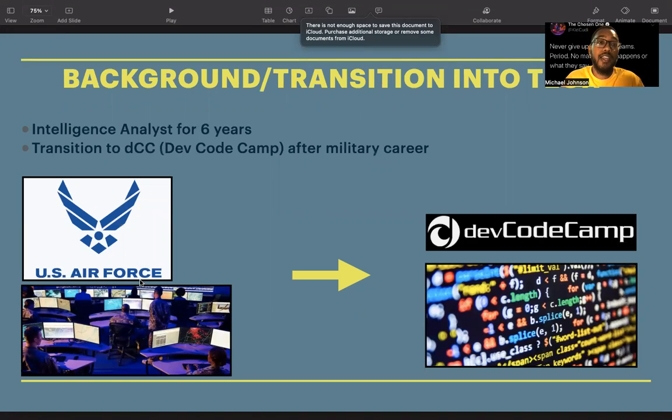Before devCodeCamp, I was in the military, in the US Air Force as an intelligence analyst, and I did that for 6 years. In the Air Force is where I met my friend Jordan. He was a software engineer. He was also in the military as well. We were in the same squadron, and he got out and became a software engineer. He introduced me to the career field and invited me up to the Twitter campus, and I've been inspired ever since. However, I had 2 more years left in the military after that. So once I completed my 2 years,